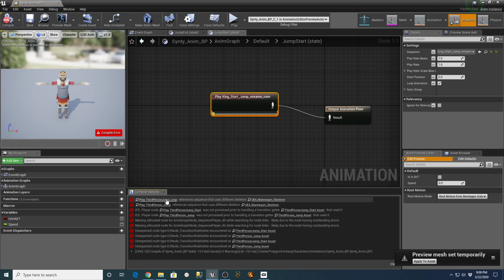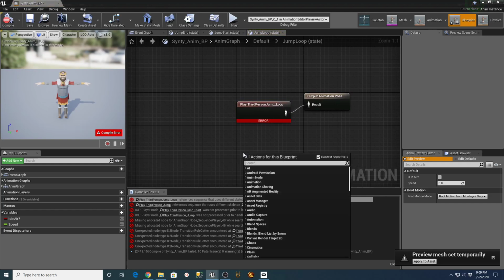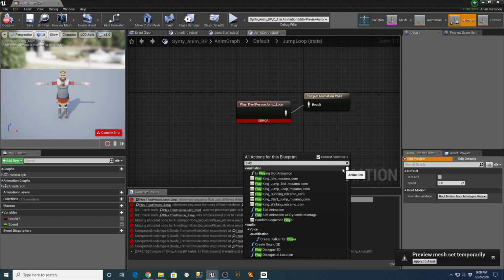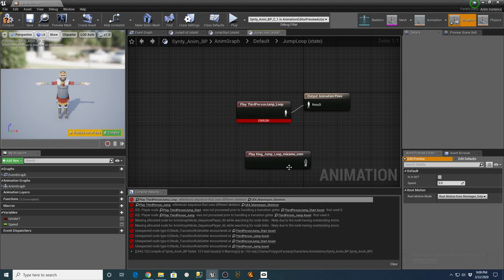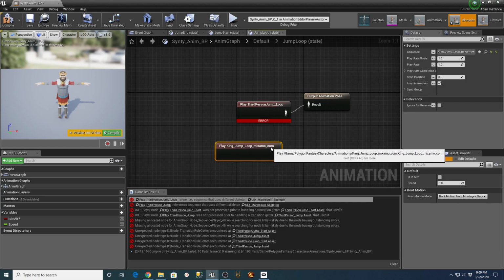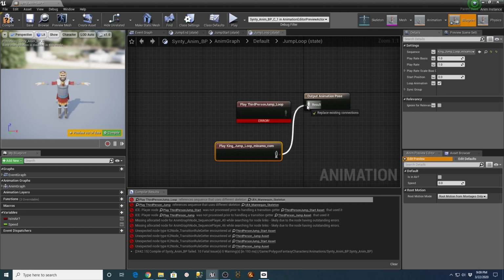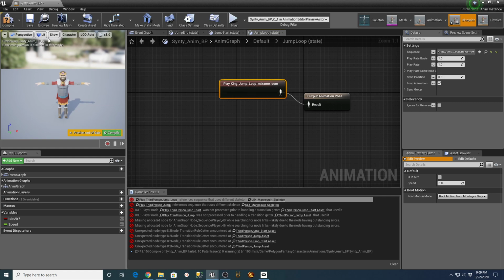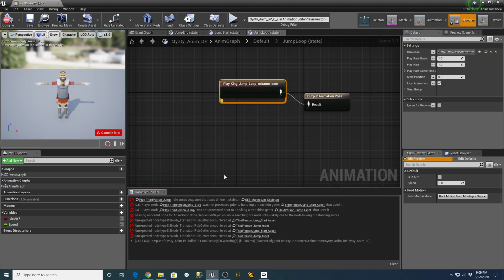Okay. Now I got to do the one for jump loop. So again, I'm going to right click and say play. Scroll up to the top, and I'm going to find king jump loop. Bring that in. Drag that up to here. Delete it. And I should get another one here.